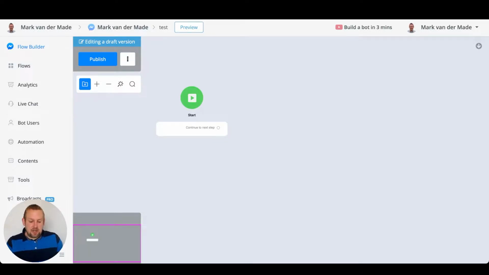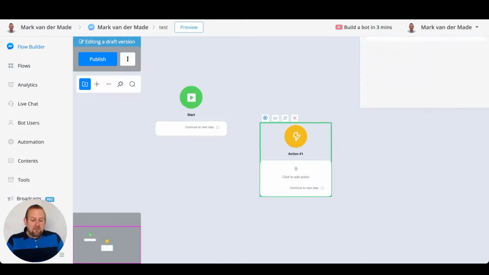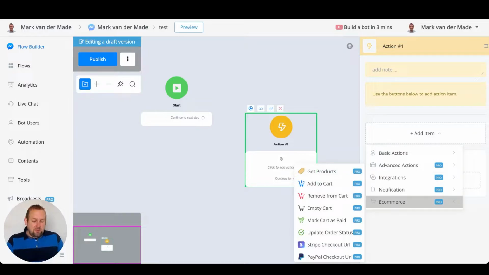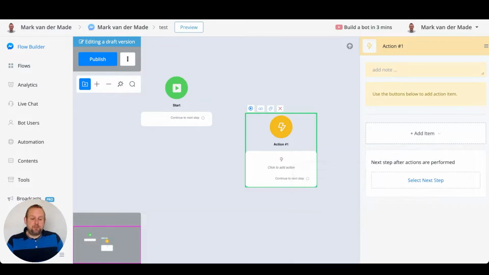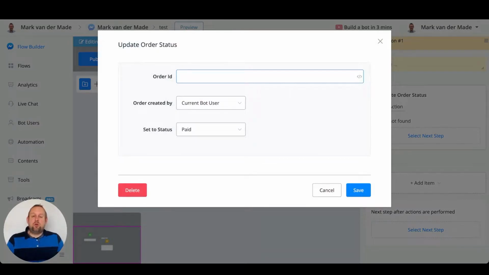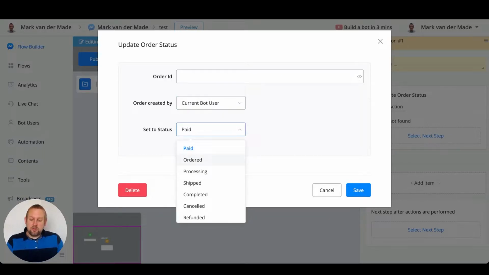So let me just insert an action block right away. And from this action block, we can go towards the e-commerce tab all the way at the bottom. And from here, we will be able to add the update order status. From here, if we press the edit action, we will be able to insert the order ID. And you can also see where the order has been created by, for example, the bot user or any bot user. And then you can set the status to paid, ordered, processing, shipped, completed, cancelled, and refunded. So basically all the different kinds of order statuses that we provide are now included inside of this simple action